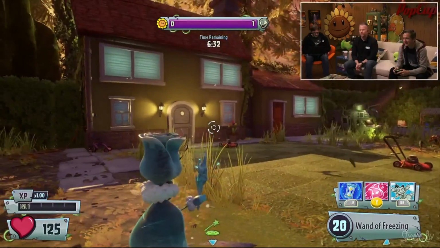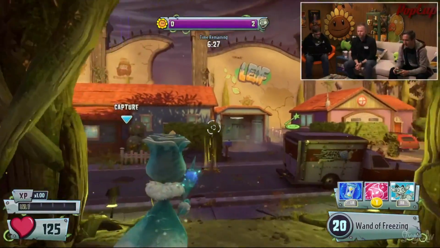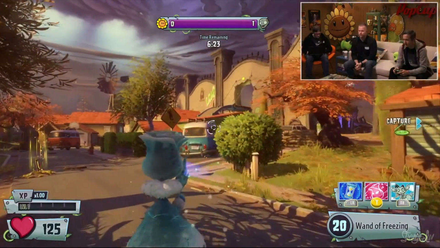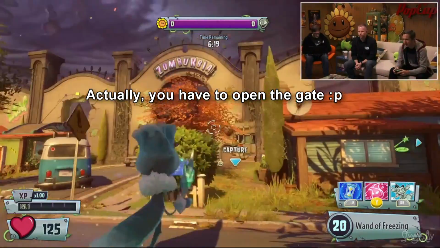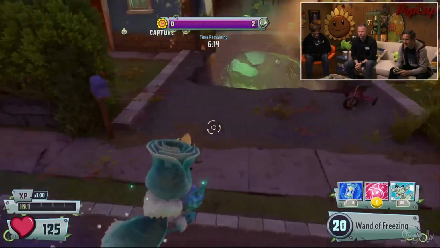So when you're playing as a plant on Zomburbia, you actually have multiple paths that you can take to approach the first capture point depending on your plan of attack. You can either go through the main Zomburbia gate, which I believe is always open and I'm pretty sure it's the most obvious option, or you can go underground through a little tunnel that probably goes past the sewers and